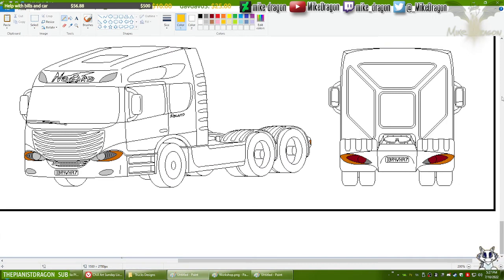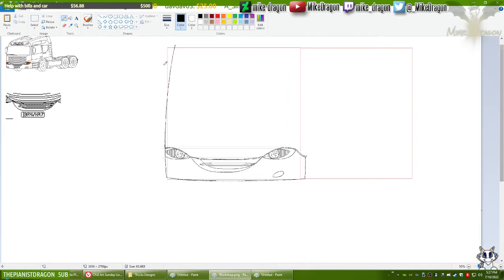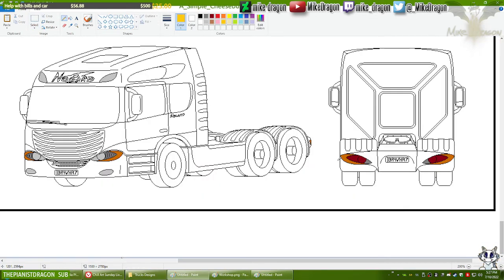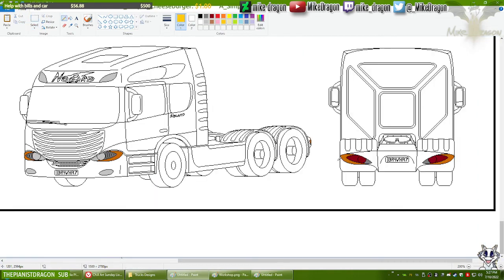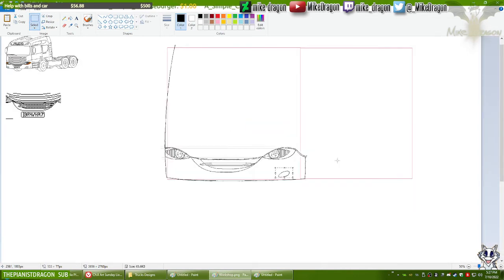Okay, this here is much better, but I think I need to bring it closer to the side here. Well, not really.